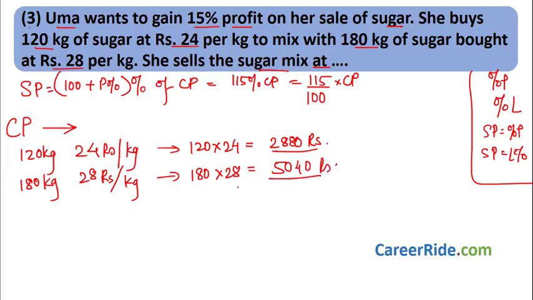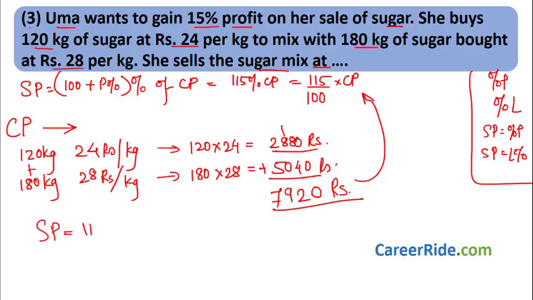Okay. Now what happened was that she mixed both of these, right? So what would be the total cost price now? Simply addition, that would be 8 plus 4, 12, 8, 9, okay, 5 plus 2 is 7. 7920 rupees is the total cost price. Substitute this value over here and let's get the selling price. 115 upon 100 multiplied by